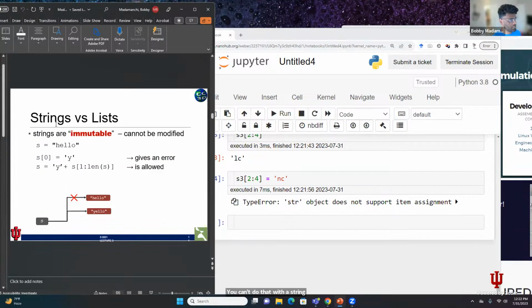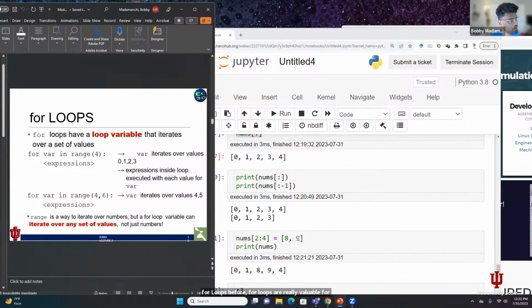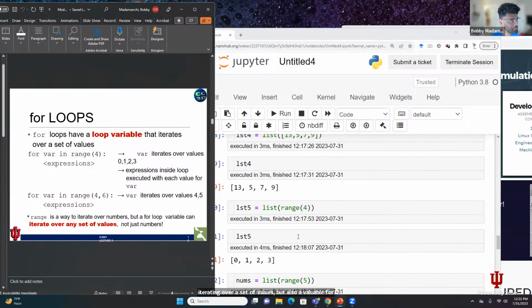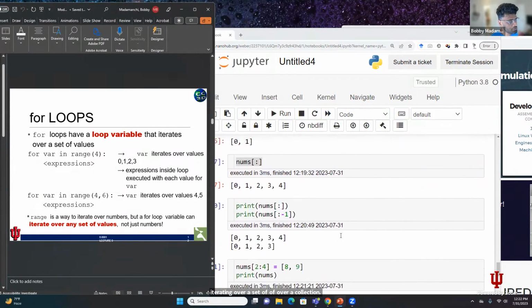So that's what I was saying here. Strings are immutable. They cannot be modified. Lists are mutable. They can be modified. So we mentioned for loops before. For loops are really valuable for iterating over a set of values, but also valuable for iterating over a collection. So if we go back and look at our list 2,